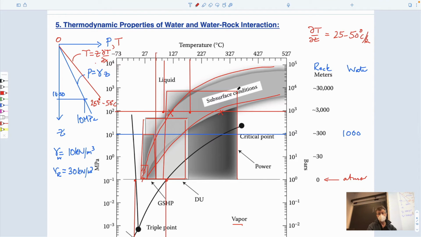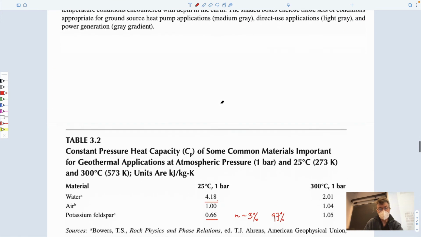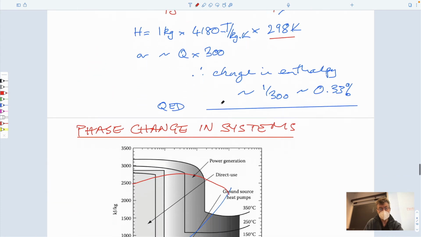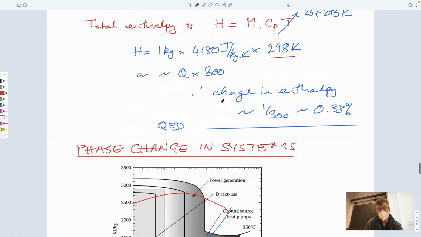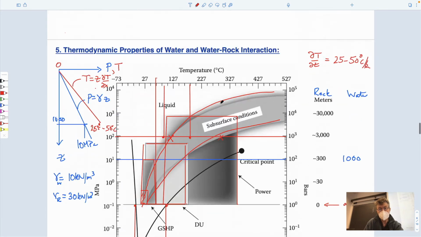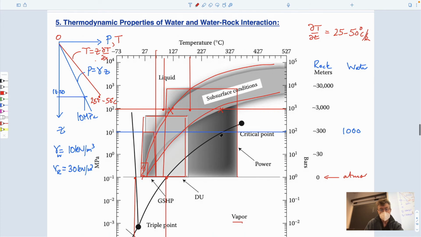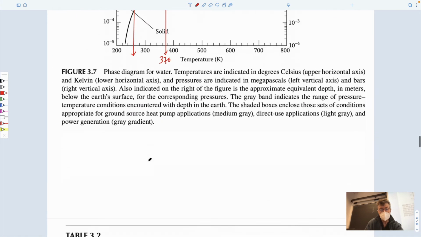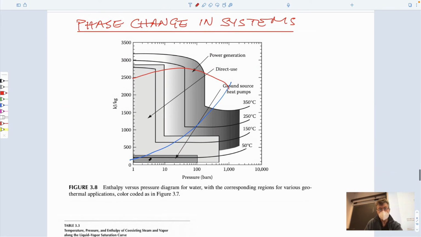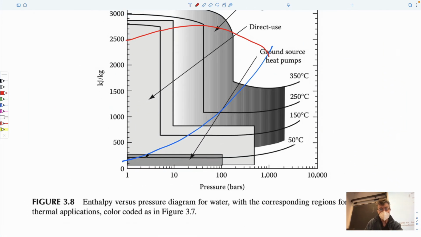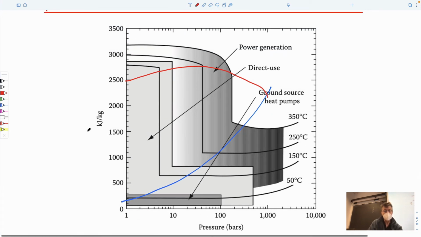And the temperature that the fluid finds itself at in the reservoir defines together the amount of enthalpy. So if we plot those zones that were present in here between high temperature reservoirs, direct heat use, and geothermal heat pumps in a slightly different format, if we do it in terms of enthalpy